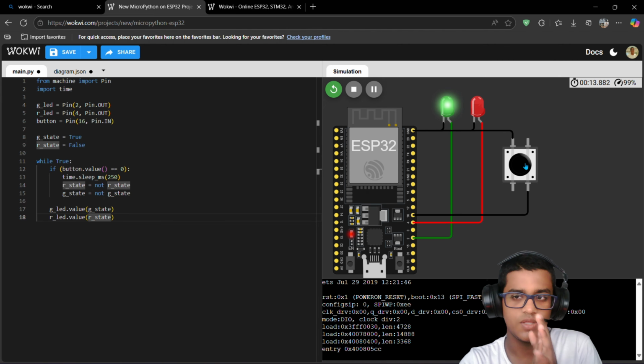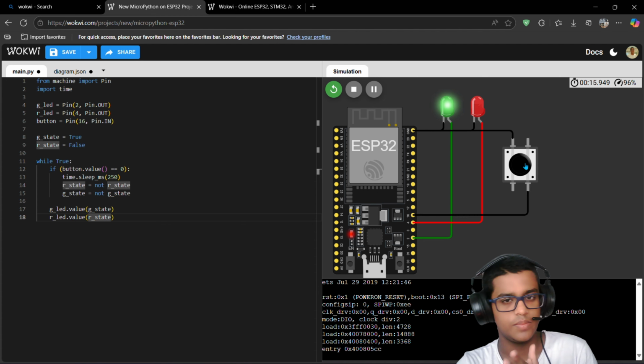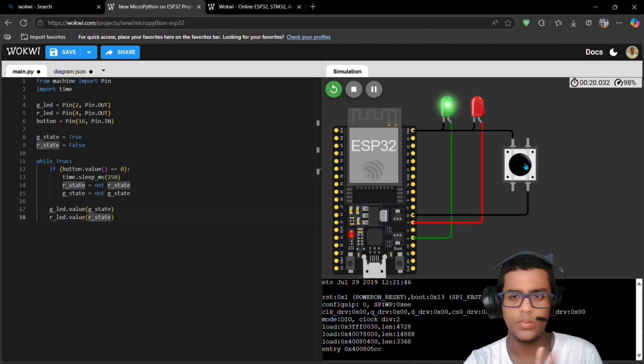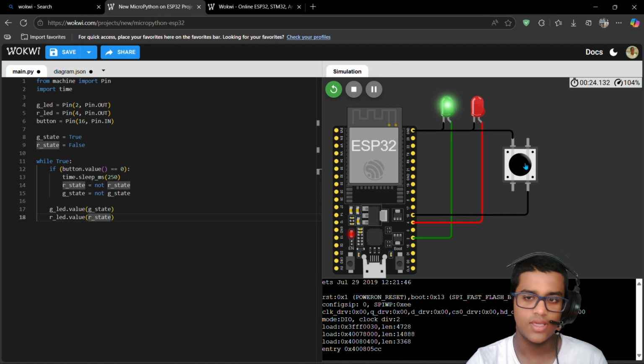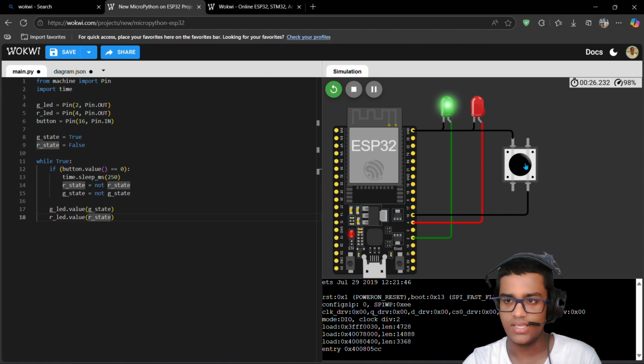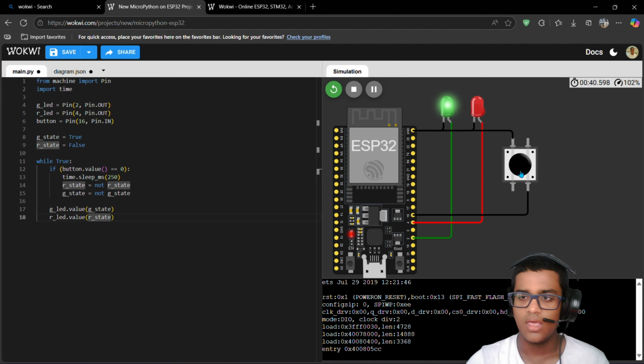That's a little problem with simulators like these, because they are a bit laggy and stuff in the beginning, but then it's fine, it's gonna run smoothly. So when I press this push button once, it's going to green, and when I press it again, wait, a bit laggy here again. Okay, now it's fine, green,